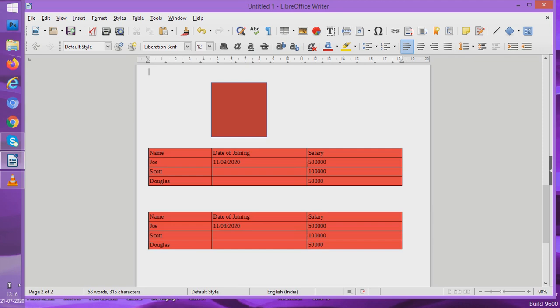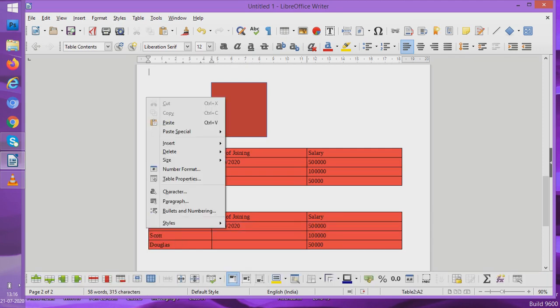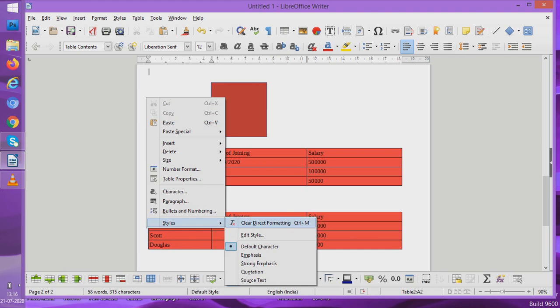So you can copy and paste. You can even cut and paste. All these options are there. So you can work with these given tables. There are many more options, students. You can use these options and understand how the work is done using tables. So students, you have learned tables also. You learned how to make a table, how to delete a table, how to copy a table, how to move a table. You have learned all these things.